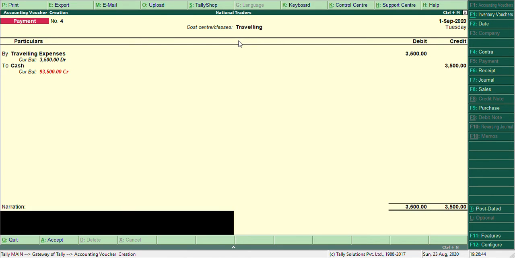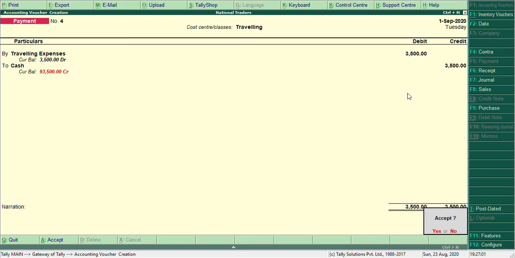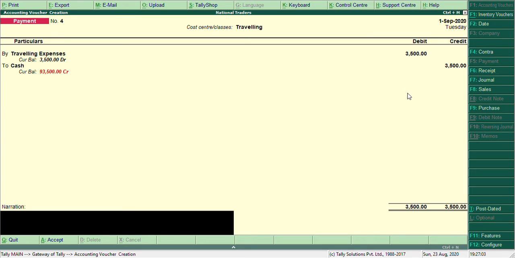So here I wanted the total 3,500 to be pre-allocated with Bangalore, Malleshwaram. It should go 60% of the total cost, and the 40% should go to Bangalore Chickpet, the particular area. And with this, again you can write the narration in detail.